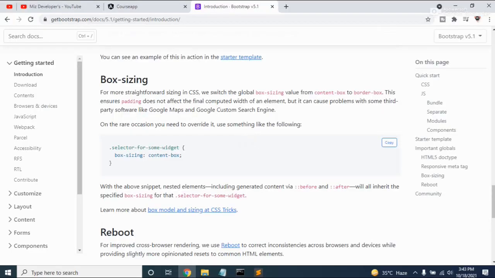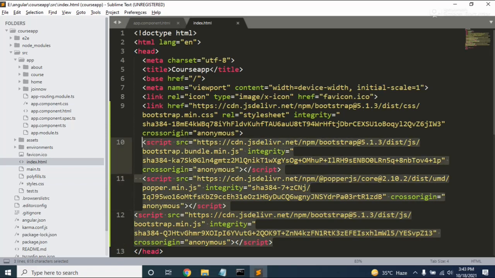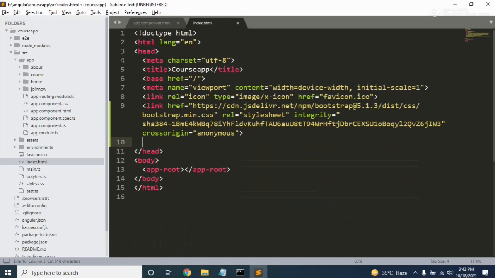right? So now the first thing you need to understand is this. Here we have a script. When you add the scripts, don't worry about the CSS. When you add the scripts, you need to add them at the bottom of the DOM. DOM means Document Object Model.